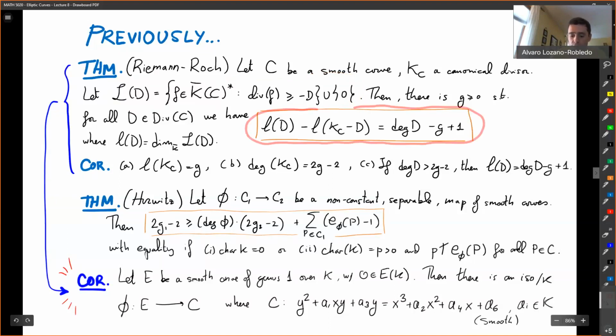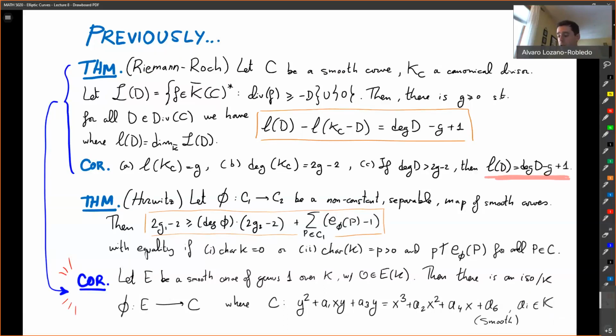So in particular, this corollary is very important, and in particular, this formula for the dimension of a space, in particular when g is 1, which is the case we're the most interested in, that says that the dimension of the L(D) space is equal to the degree of the divisor you're calculating a space of. And that allowed us to